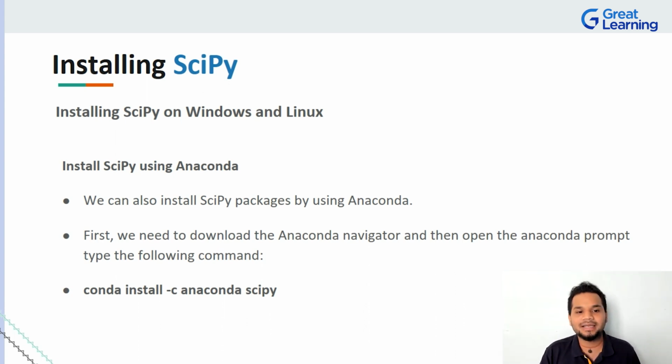Now, installing SciPy in Anaconda is very, very simple. All you have to do is go to Anaconda's website. You have to download something called the Anaconda Navigator. And once you open it and start installing, you will have something called the Anaconda prompt. The Anaconda prompt is very similar to the command prompt or the Python CLI that you would have seen. Once you do all these steps, it's a very simple step of running one single command, conda install scipy. And that is it. As soon as you run this conda command or the pip command, regardless of both ways, you will have SciPy installed and set up on your Windows. And it is the exact same steps that you'll be following for Linux as well.